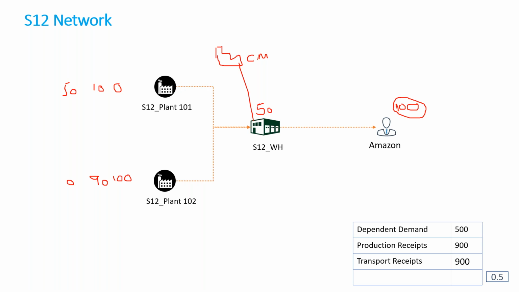So if I come up with all these combinations, plan 1 is produce 0 in plant 1, produce 100 in plant 2. Plan 2 is produce 10 in plant 1, 90 in plant 2. What is plan 3? Plan 3 is plant 1 do 50, plant 2 do 0, but do some external manufacturing of 50. So I can come up with n number of plans. But out of this n number of plans, every plan will have a cost that you incur. And out of these n plans, there would be one plan where it is the cost optimal.